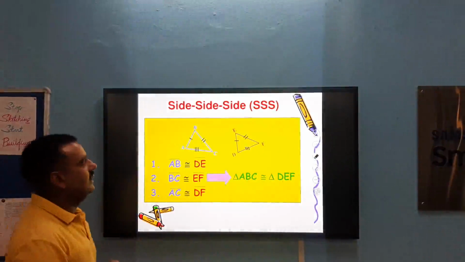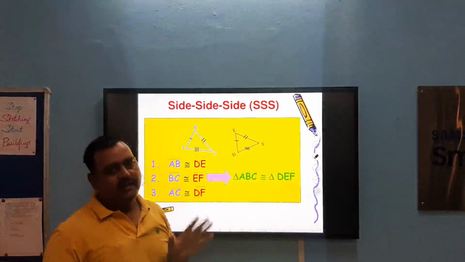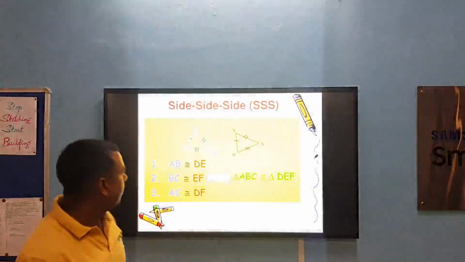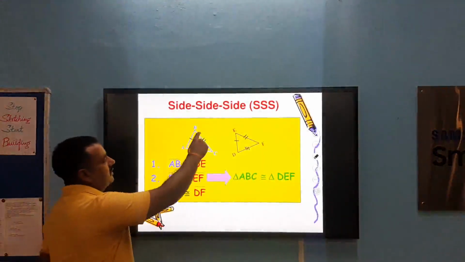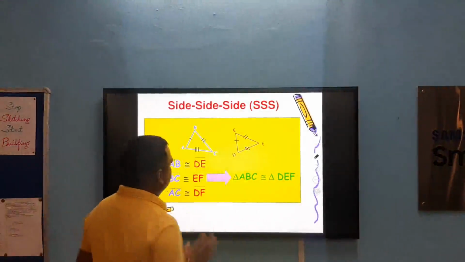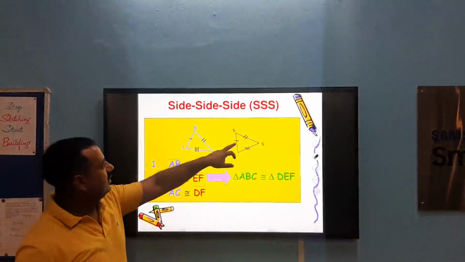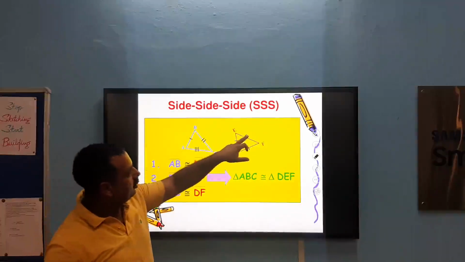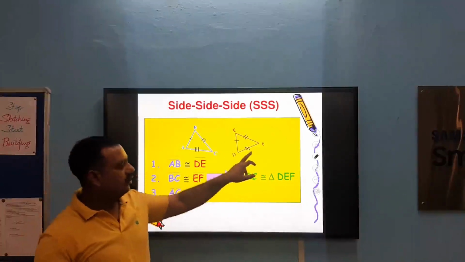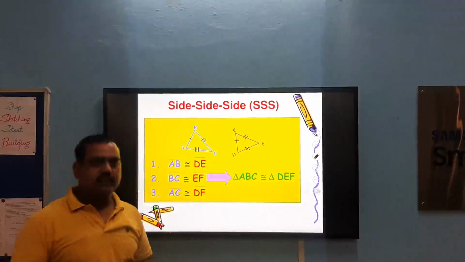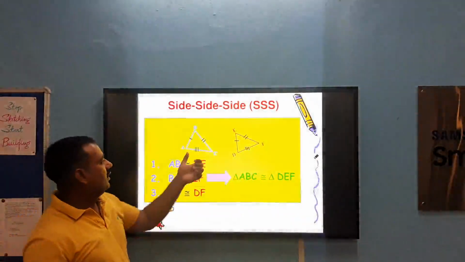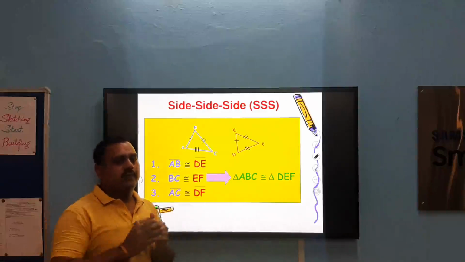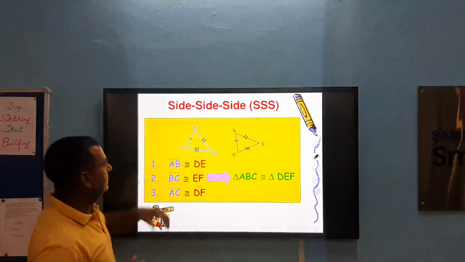So, the first criteria is side, side, side. It means S, S, S. Here S represents the side of the triangle. Now we take 2 triangles, triangle ABC and triangle DEF. Symbolically it is represented here that AB is equal to DE, BC is equal to EF and AC is equal to DF. It means in 2 triangles, if 3 sides are equal to 3 sides of another triangle,